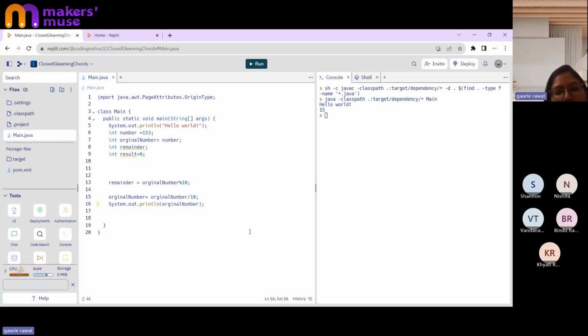Now this task, getting the modulus and the remainder, needs to be done continuously. But till which time does it need to be done? Till the time this original number is not equal to 0. So here I have put in a while loop condition, because this thing needs to be repeated. It's not like 3 times, 4 times or 5 times; the number may have 4 digits or 5 digits. So here I have written while the condition is my original number